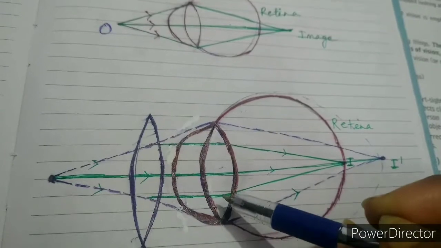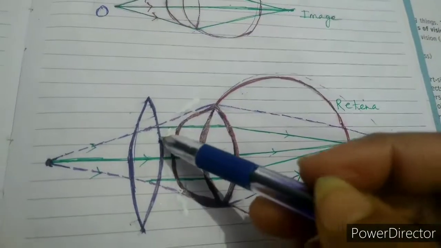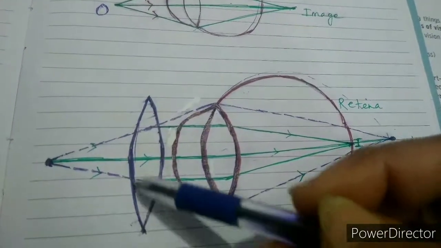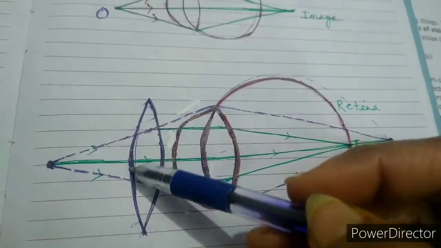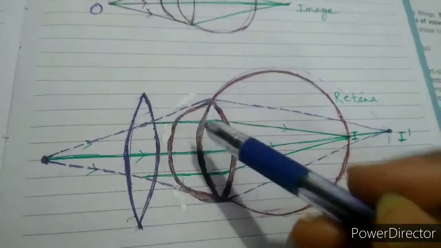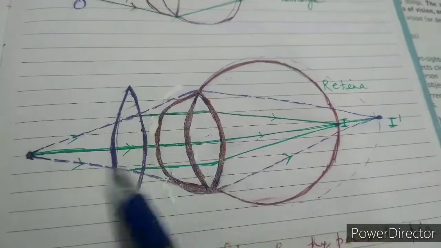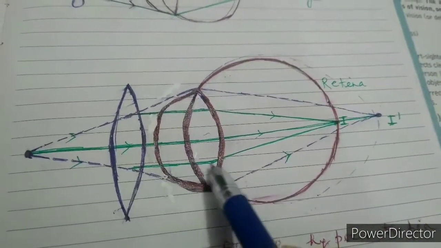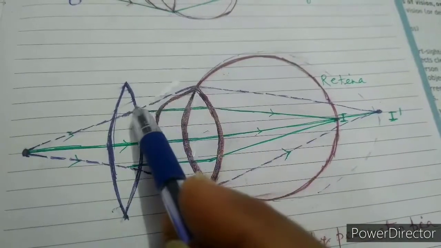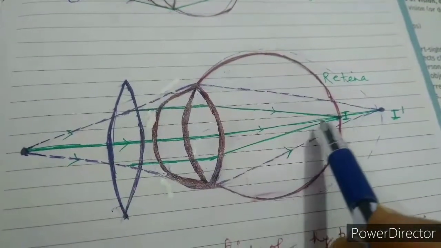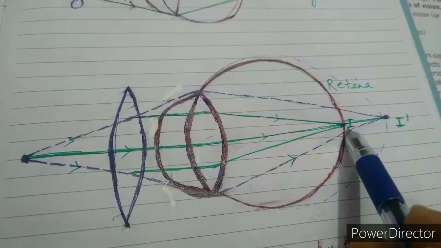Okay. Now, how to correct this one? We can correct this one by using one lens. This lens is what? This lens is the convex lens. So in the convex lens, what does it do? See, convex lens, you know that all these lines which should pass in this way, but it converges these rays, and they converge in this way, and instead of passing up to this, it becomes straight, and in this way they meet at a smaller distance, and its image is formed here, so the person can see the object clearly.